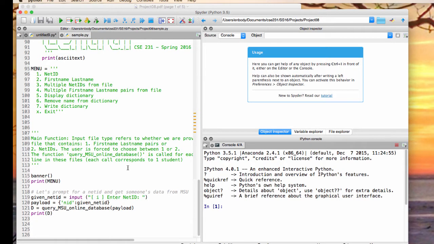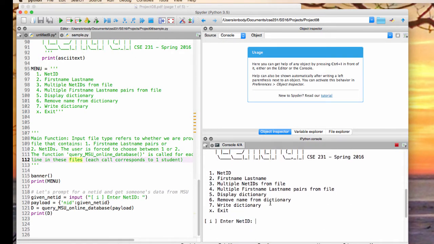What this working program does is it prompts for a net ID, builds a payload, sends that payload to this function that we have, and then prints what comes back, just the basic pieces of that. So if I run this program